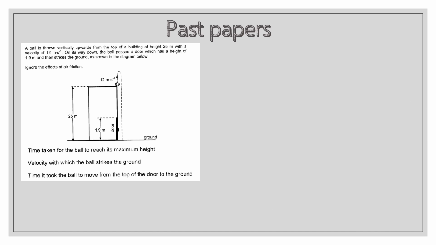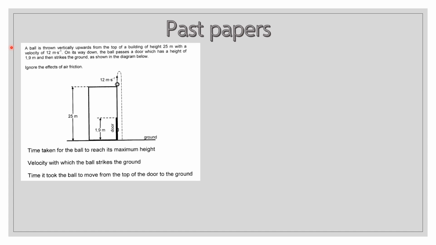To improve your VPM, you need to do more examples. So we'll be doing a past paper example. A ball is thrown vertically upwards from the top of a building of height 25 meters with a velocity of